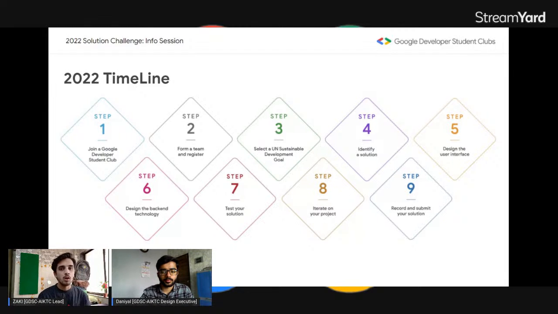Coming up next, we are going to look at the decision timeline. After the judges have reviewed the submissions against the evaluation criteria we talked about before, the top 50 teams from all the project submissions will be announced in late April. Then until May, all the top 50 teams that were not selected in April will receive mentorship from Google and a Google Developer Expert to improve the solution and then resubmit it for the top 10 finalists.